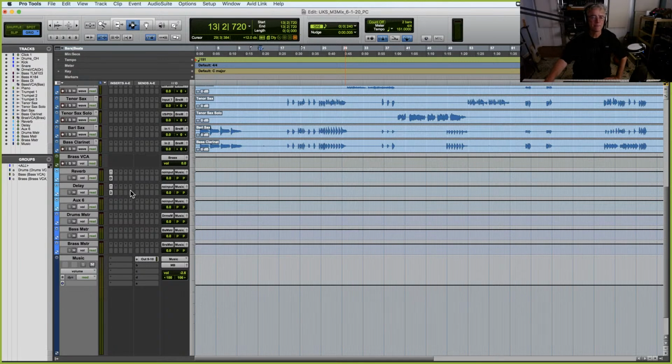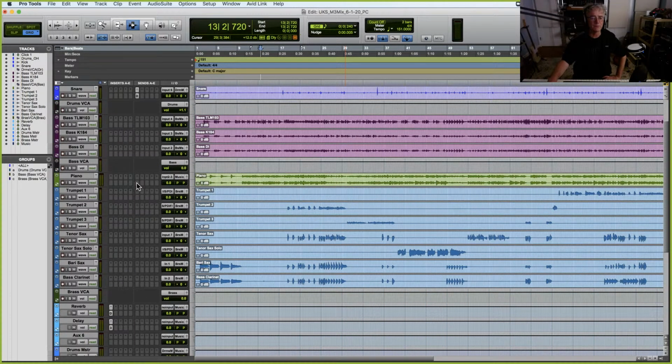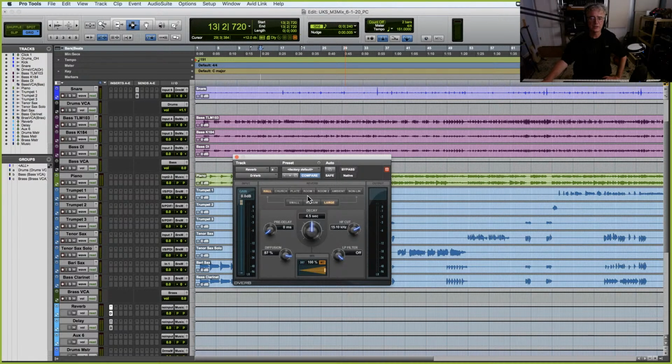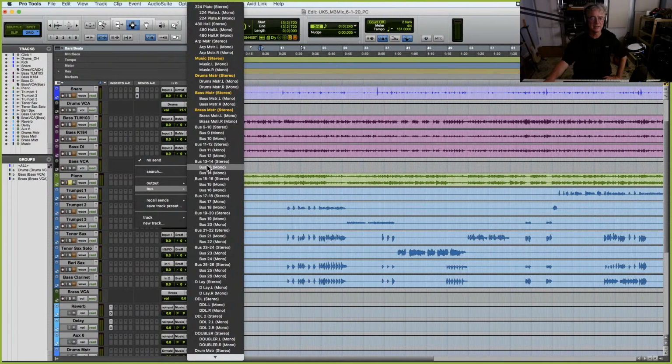Right. So yeah, you would use the send. In other words, if I want a piano reverb, let me solo the piano, and notice the reverb soloed, so you'll hear it. So if I go here to my sends, and I select, oh,